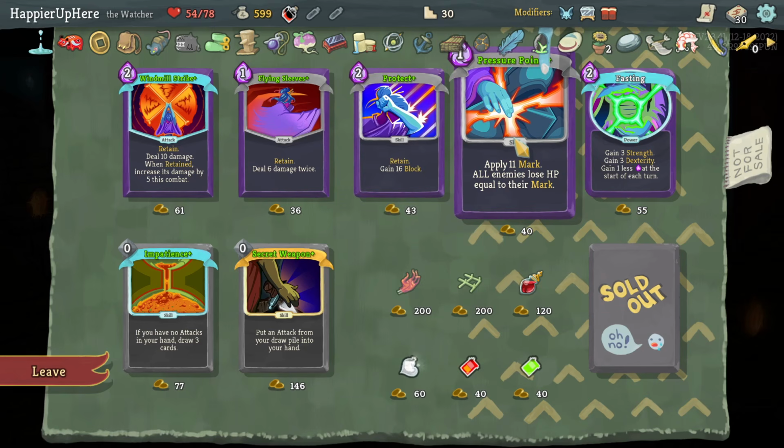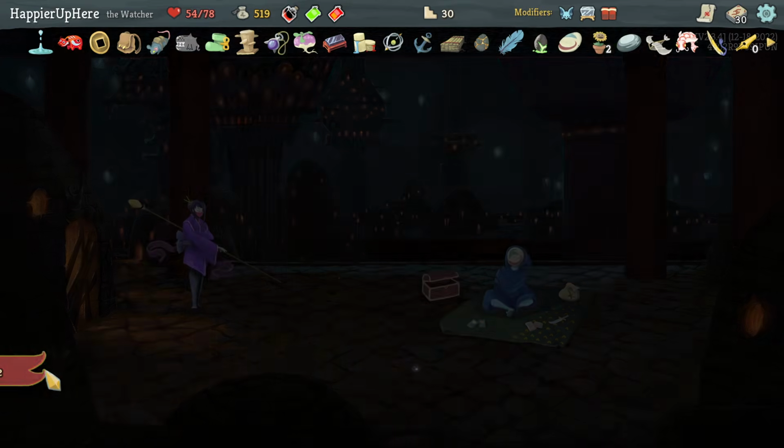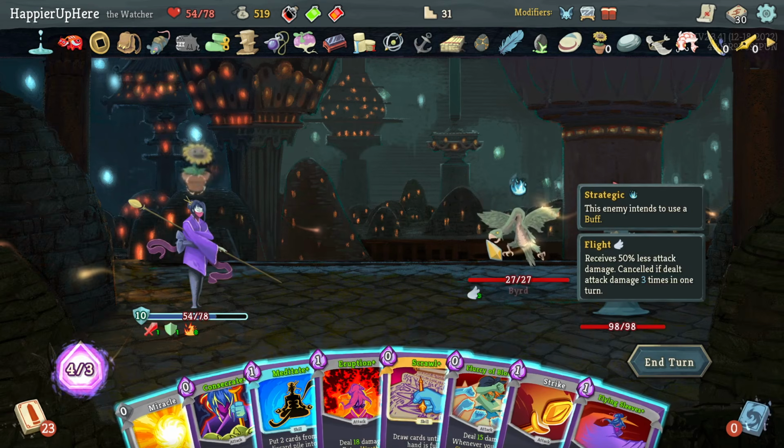I don't really think I need Pressure Points, and I am hoping I get another shop. Let's buy a skill potion and an attack potion. Okay. I think that was a good shop, and hopefully I'll be able to buy more stuff at the shop on Act 3. Alright, so here I am fully defended, unless...